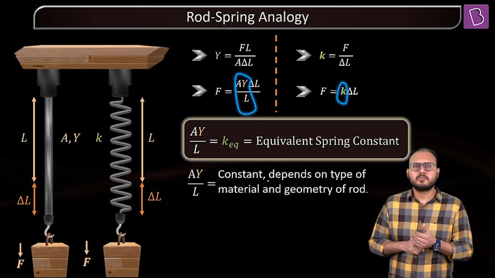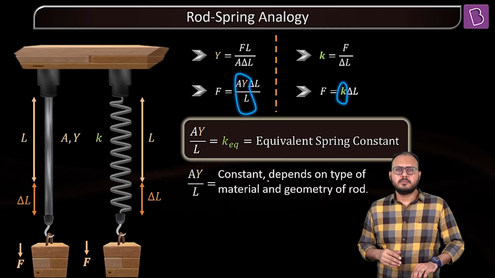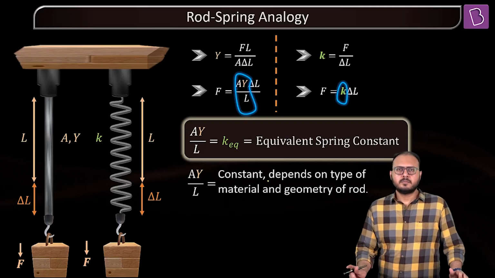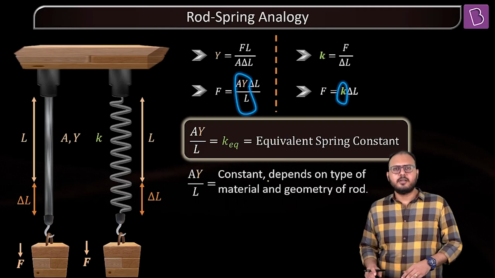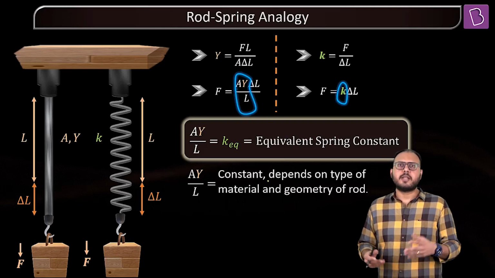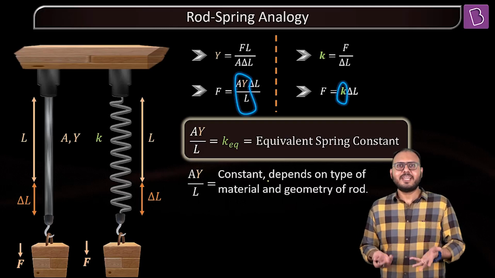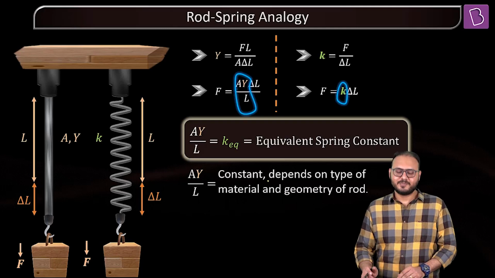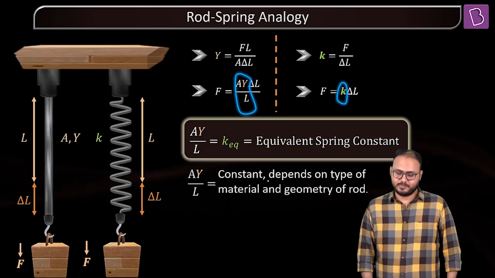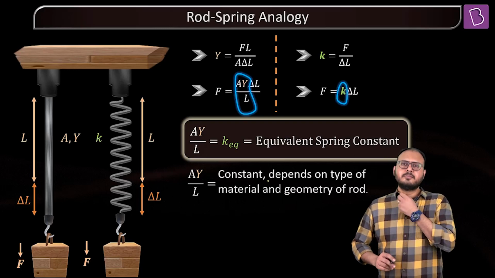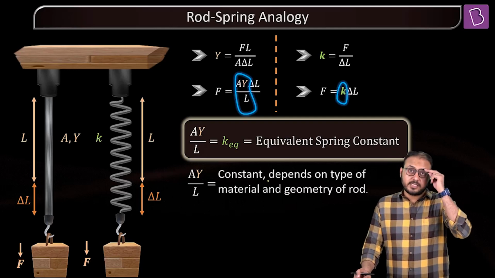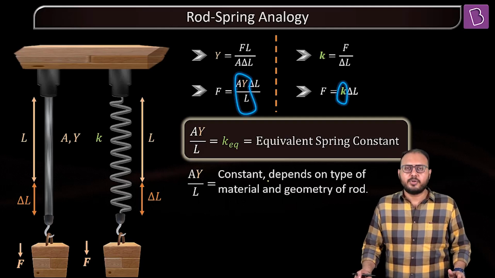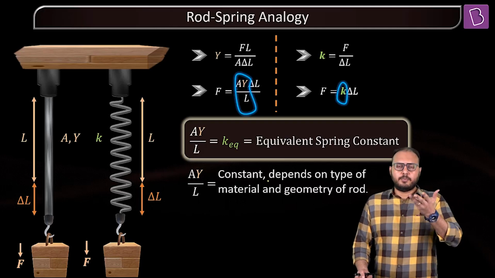Take your time. Sure? Get it? But sir, where are we going with this? Now I can find out the energy in the stretched rod. What is the formula for energy in a spring? Half kx squared. See, I got my k. So now I will go ahead with my k. Note this down if you want to. We already compared this, right? So k equivalent AY by L is the equivalent spring constant, and I will use this now to find out the energy. Are you ready? Arch your back. Deep breath.